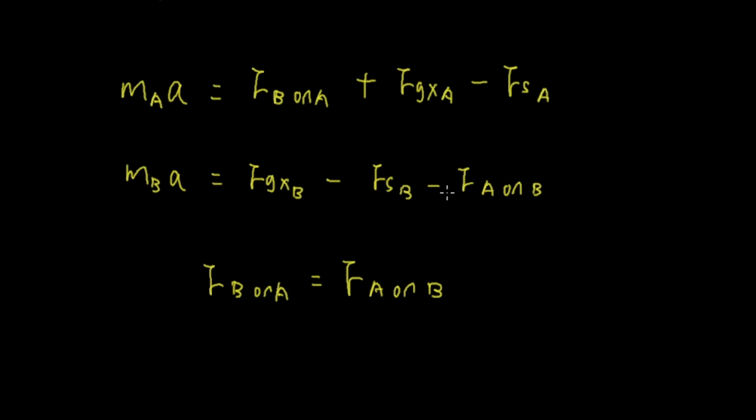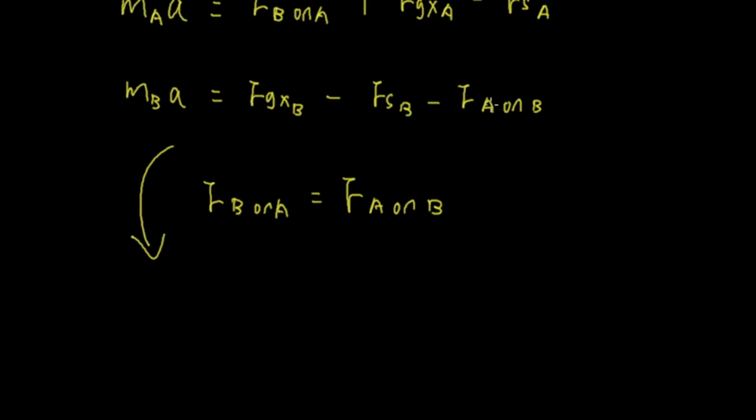Maybe I isolate this one here. Okay, like this. If I move this force of A on B to the left side and move mass B times acceleration to the right side, I have force of A on B equals this minus this, right? F sub G X B minus friction force of B minus mass B times acceleration. Now, since this is equal to